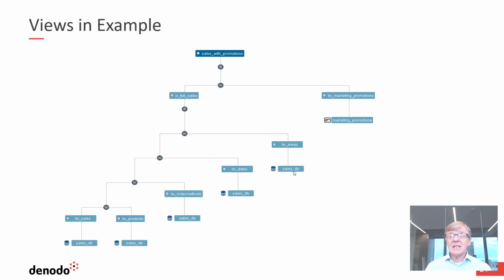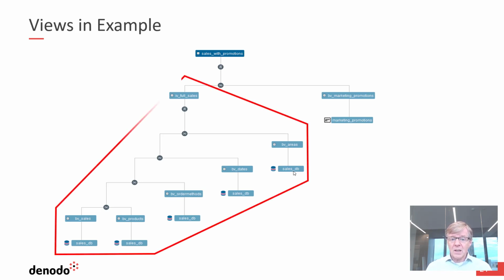So this is the view tree. This is the model that we're going to build. We start off by connecting to the various data sources. So we'll connect to the sales database. We will build those base views. You can see it there, the sales fact table, and then those 4 dimensions: products, order methods, dates, areas. Then we will combine those. We will do joins to combine that data to have as the single view that IV full sales, which contains